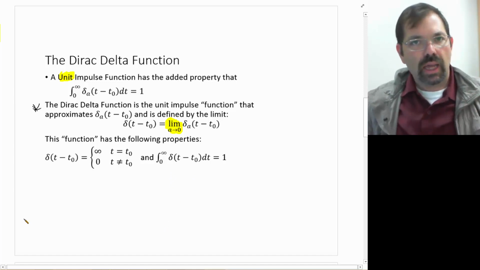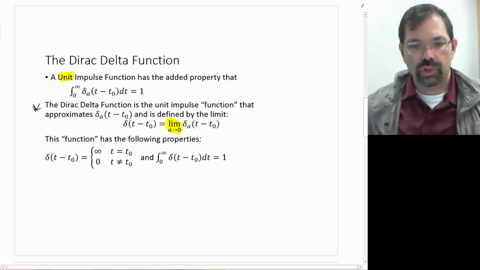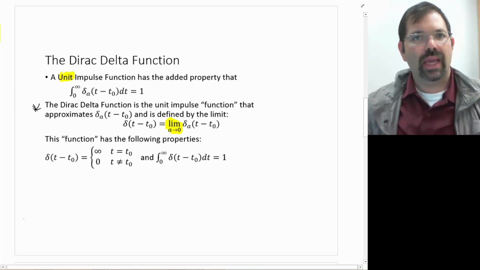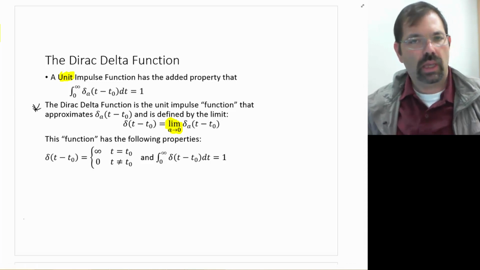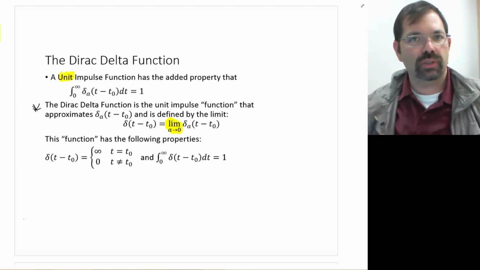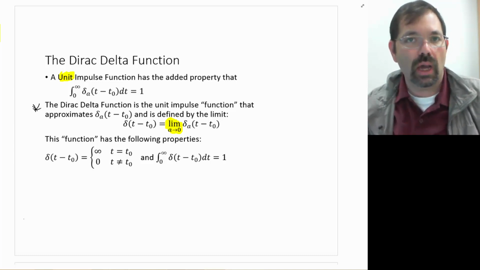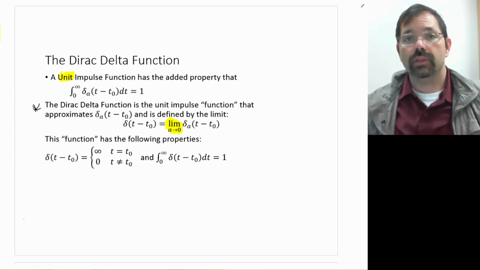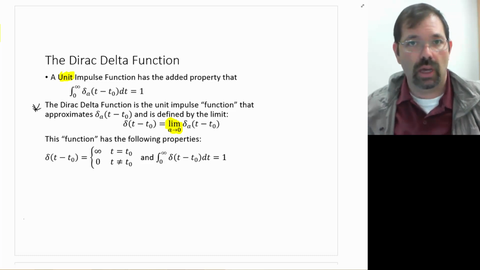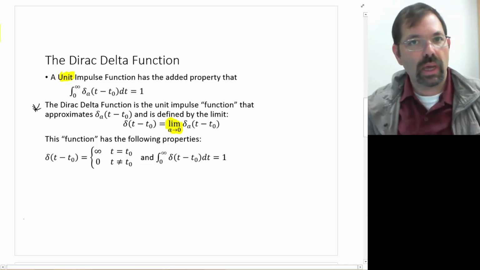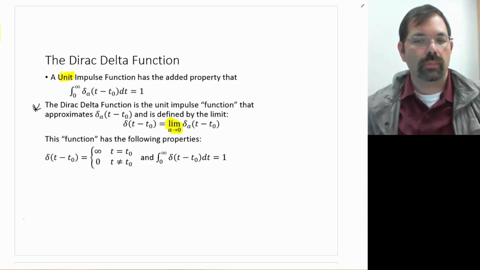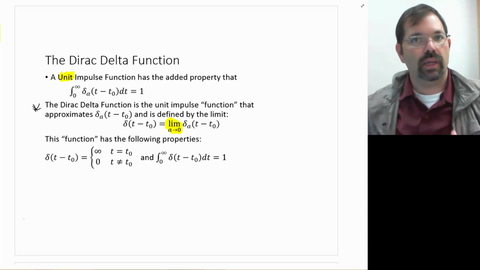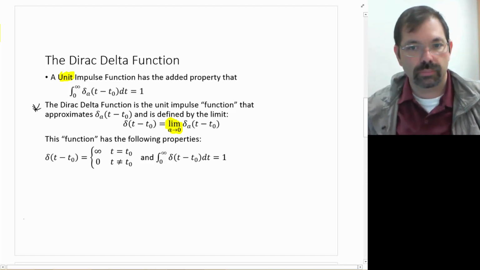An idea behind the Dirac delta function might be if you hit an object, at that moment a large amount of force is being directed into the object. But otherwise, there's no force being directed into the object. But over that short amount of time, there's an infinite amount of force. That's the concept behind the Dirac delta function.